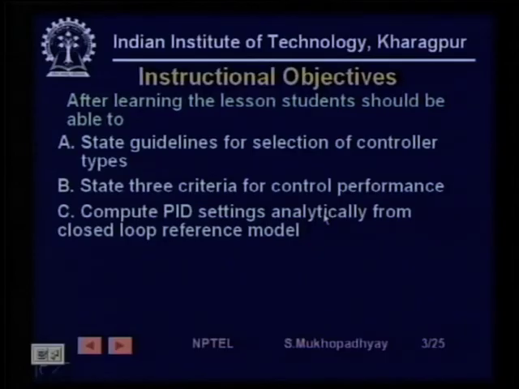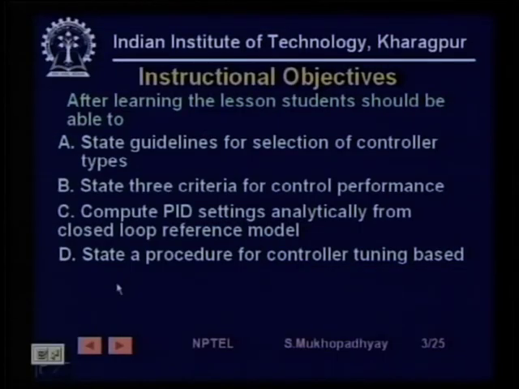So, what will be the values of these settings actually depends on the control performance. So, there are various criteria which can be adopted depending on the application, and the student should be able to state, let us say, 3 of many criteria. Then he or she would be able to compute PID settings analytically first, actually solving out the controller parameter values,